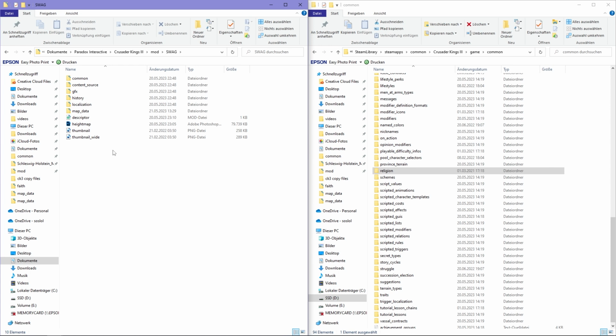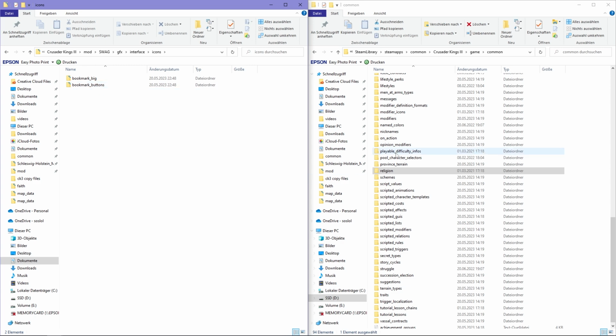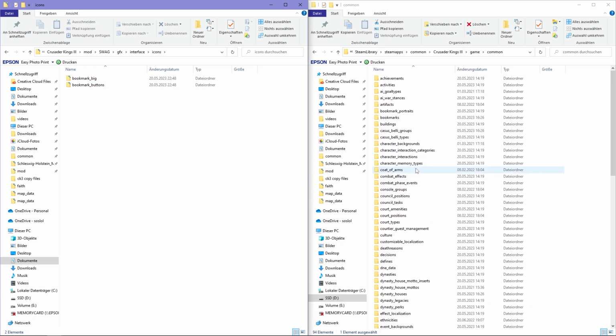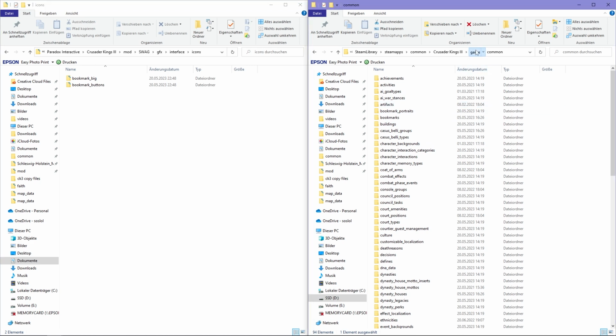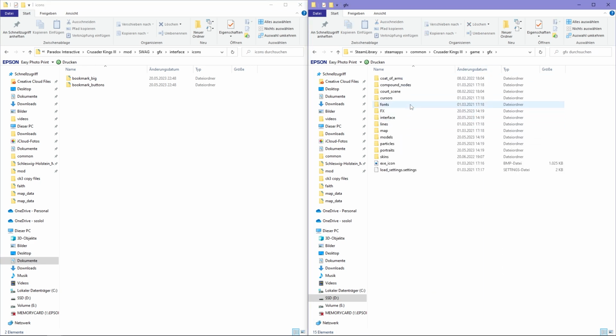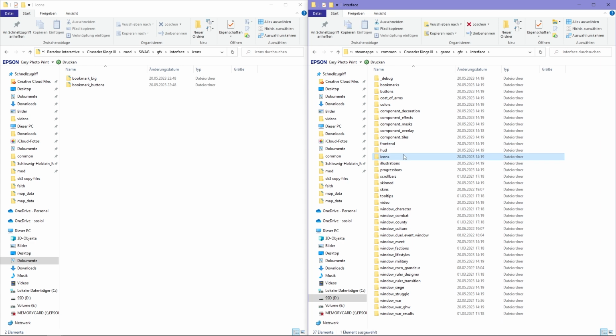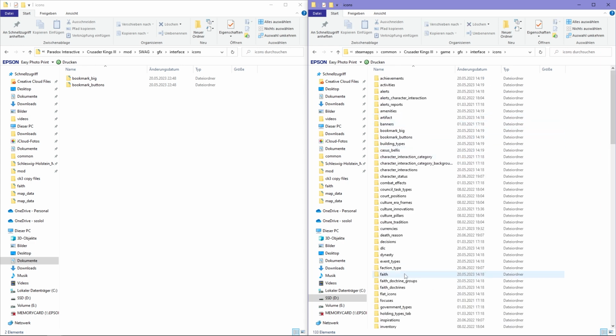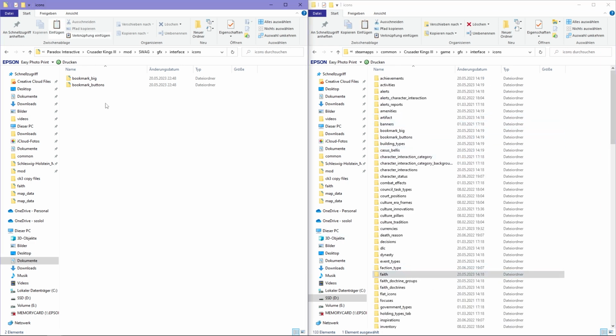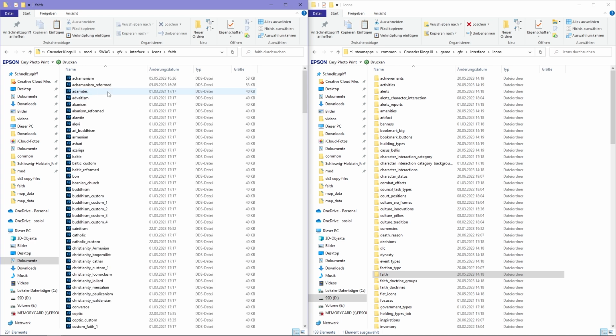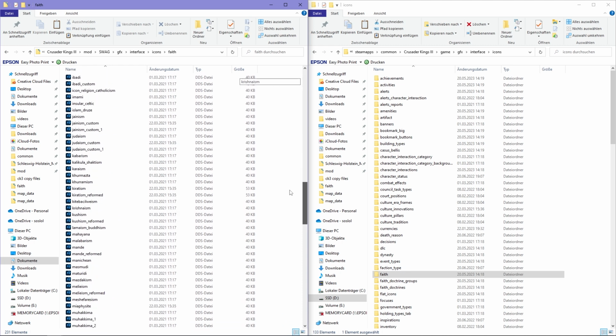So your custom icons are stored in your mod folder, gfx, interface, icons. And then you're going to need to copy something from your base game. So let's open GFX right here. Interface, icons, and the faith folder needs to be copied to your location. Okay, once we have that, we can open that up and we can see all the icons that are currently